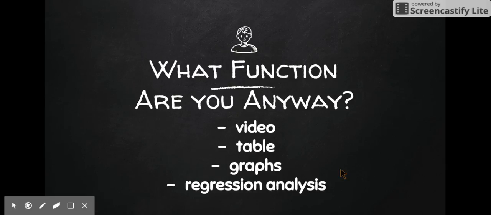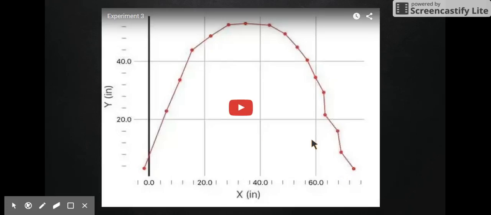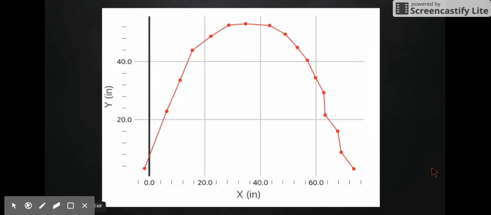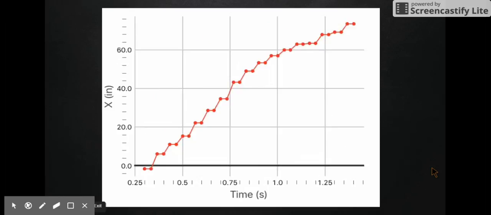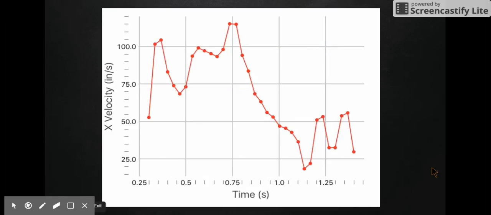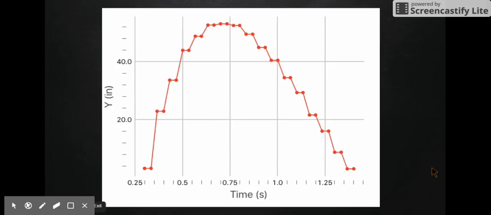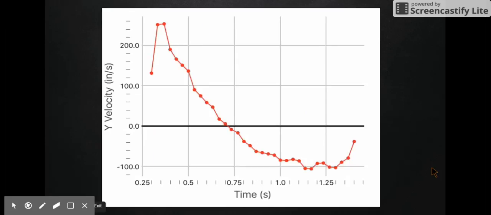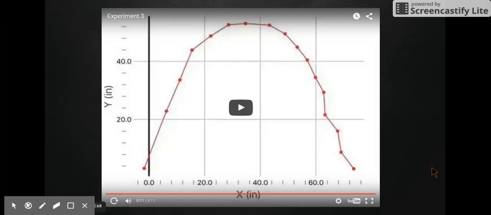There will be a video, a table, a graph, or several graphs, and regression analysis, and then following that, there should be a summary. And then here's the wonderful video. Water fountain! And then the graph, and then another graph, and another graph. And now that you have seen that wonderful video,